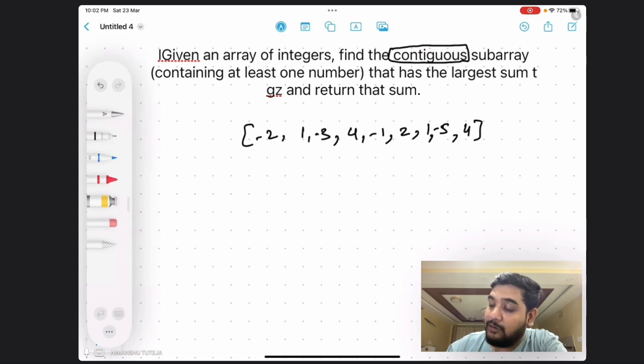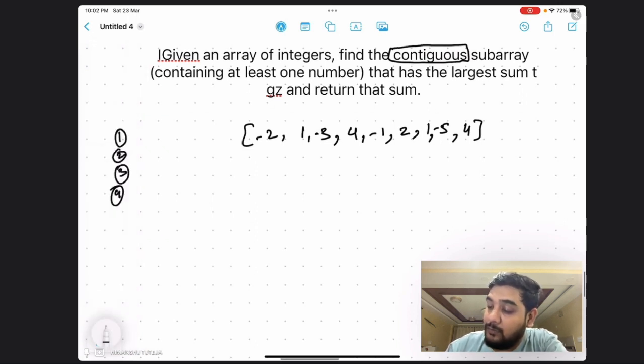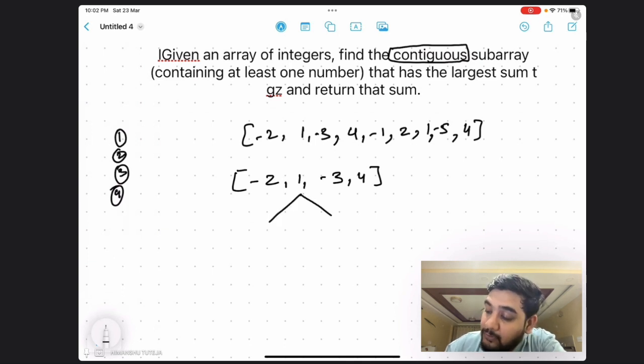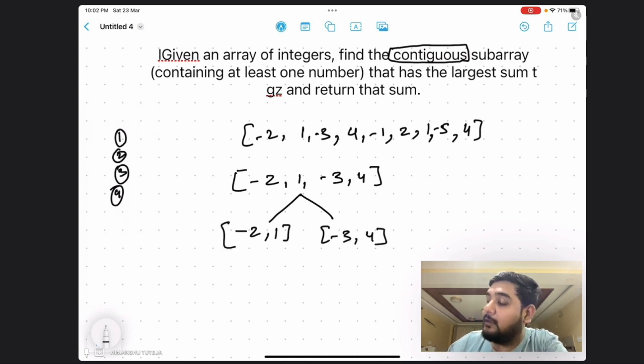Let's take another shorter array out of it. I don't want to block you guys with too much mathematics. This is a shorter array. First I will break it into 2 parts, 2, 1, and then I will break it into 3 parts, 2 parts. What I need to do is find the sum of this, that is -1, the sum of this, that is 1, and then the sum of both, so I would have 3 sums.